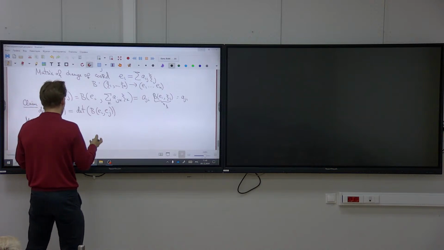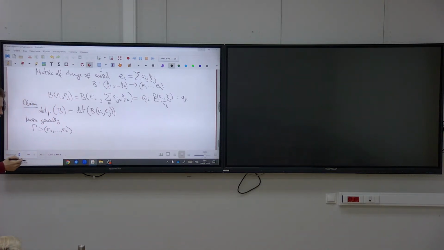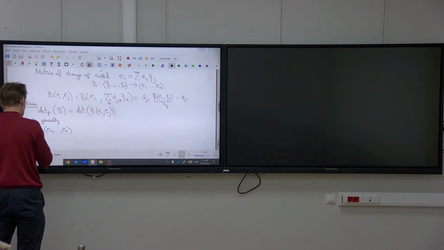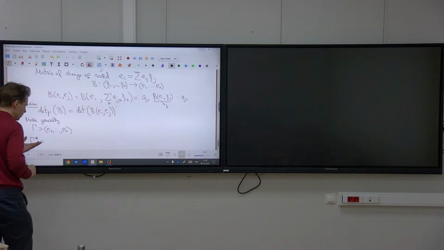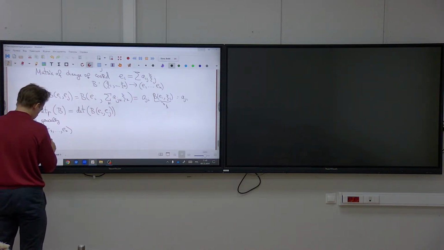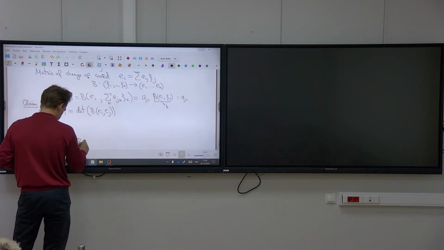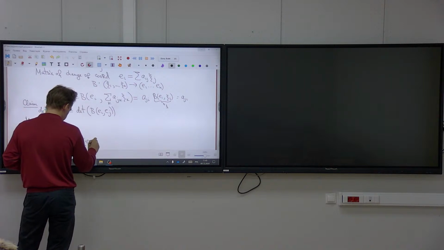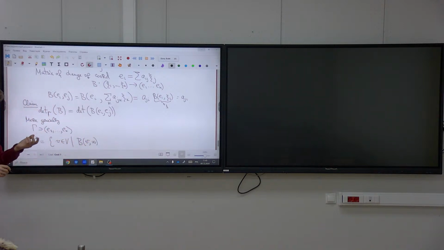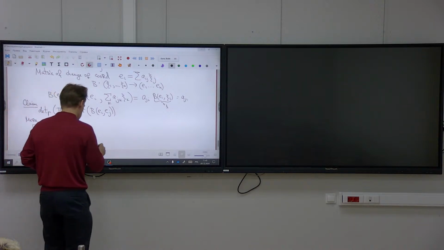So what is gamma dual, by the way? Now we can define gamma dual. It is the set of elements w in V such that B(v, w), a bilinear form with value in K, but you have a subset A there,